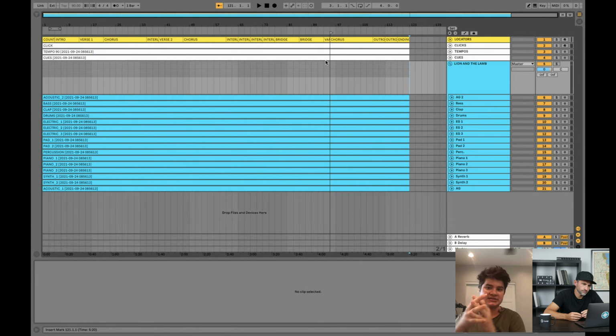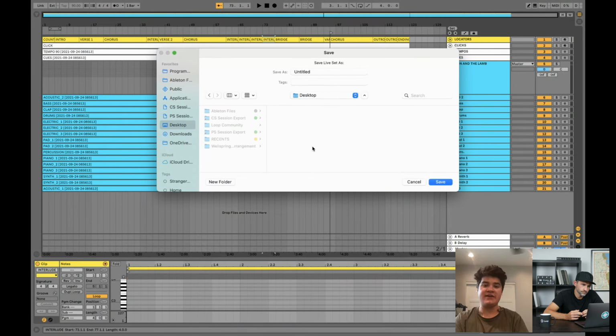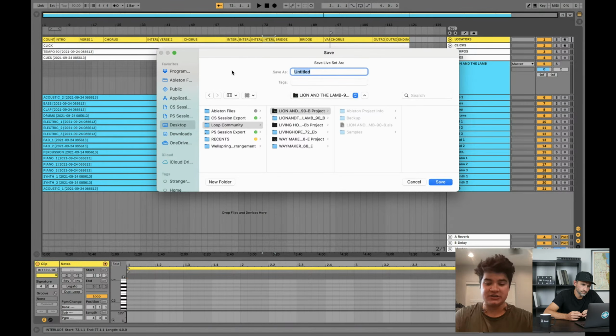If you have a ton of cuts, a ton of fades, there is a chance that some of those fades will be broken apart to match the new time. But then when you drag it back to 72, it'll go back to what it was. I always recommend, if this is what you're going to be doing, just consolidate it. If this is the arrangement that you're choosing to do with your 4 interludes, consolidate it and then save a new copy. And then I would just save it to the same project because it's the same files, and just call it Lion and the Lamb extra long interlude.